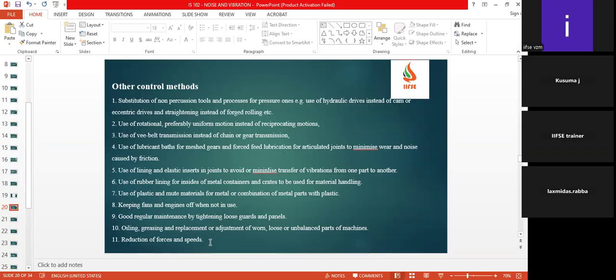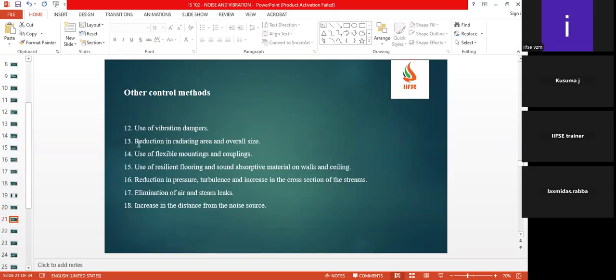These are the various other control measures we can also implement to minimize the noise levels. Then use of vibration dampers, reduction in radiating area or size, use of flexible mounting or couplings, and use of resilient flooring, and also sound absorptive materials, walls and ceiling. Like the DG sets come with inbuilt sound absorbing material, which they call acoustic enclosures or soundproof enclosures. Then reduction in pressure or turbulence, increase of cross section of streams, and elimination of air and steam leaks,